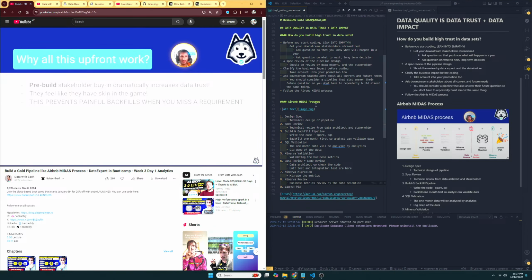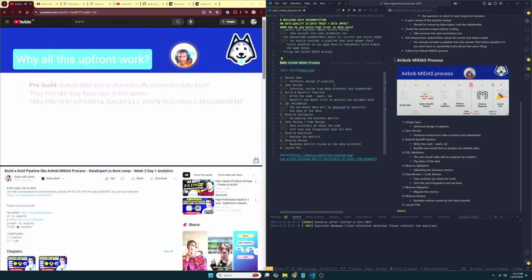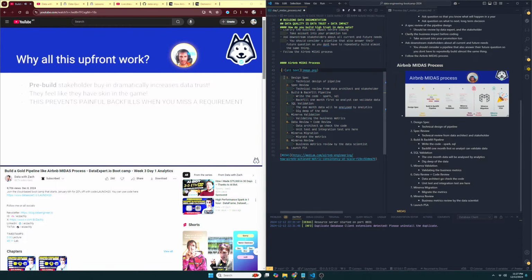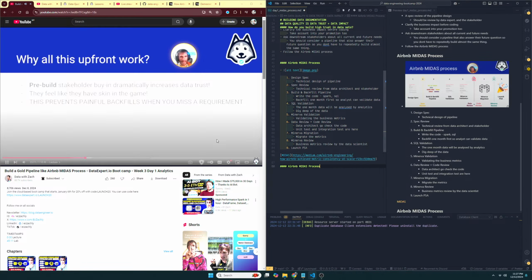Why all this upfront work though? Why are we writing all this documentation? Why can't we just write our data and give them the data and then they can go on their merry way? A couple reasons, and some of them are actually tricky for some engineers to understand sometimes. So if you get buy-in from